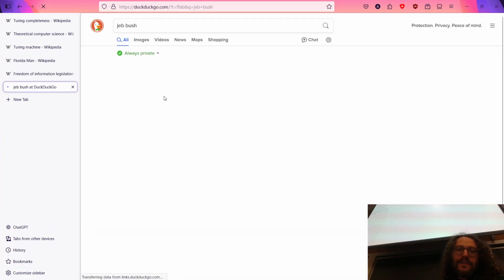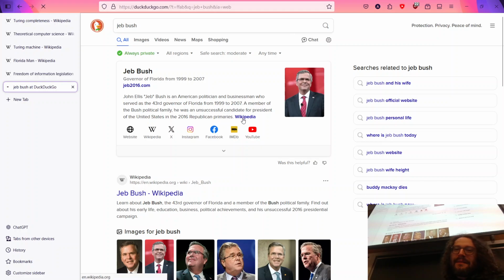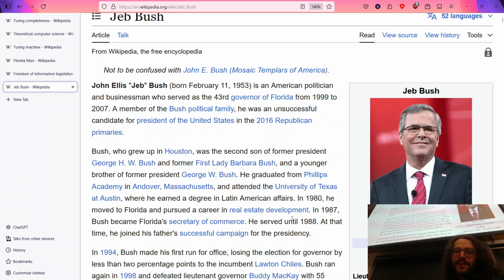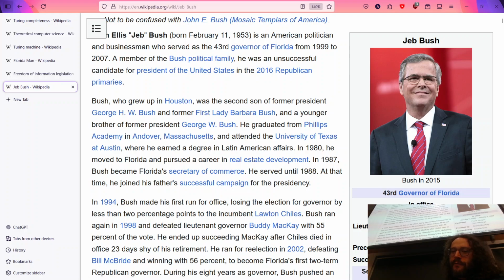Jeb Bush, and at this point, enough time has passed for you guys to have been pretty young when this was going on. Jeb Bush is the older brother of the former President George W. Bush and the son of the former President George H.W. Bush. So, pretty big family. Wouldn't you know, he was the governor of Florida. I wonder why that might be relevant today. Jeb Bush was the governor of Florida from January 5th, 1999 to January 2nd, 2007.